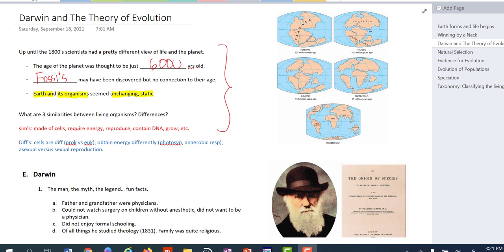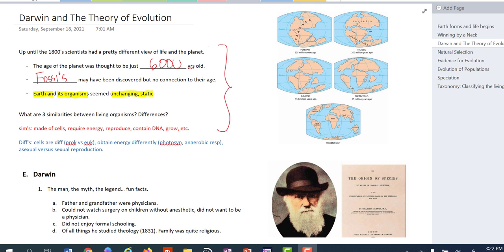But what about differences? Well, we could take each one of the things that they share and also show how it's different. So, for example, all things are made of cells, but cells are different. Some are prokaryotic cells and have no nucleus or organelles, and some are eukaryotic cells, right? All organisms have to require or obtain energy, but they may do it differently. Plants photosynthesize prior to cellular respiration. We could say all organisms undergo some form of cellular respiration, but that may look differently, whether it's aerobic respiration or anaerobic. We could say all living things reproduce, but some might reproduce asexually and some might reproduce sexually.